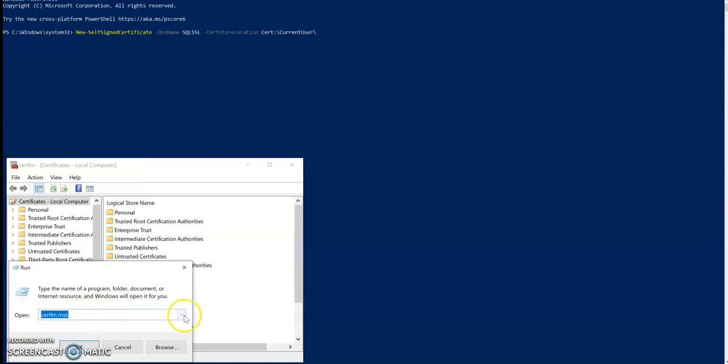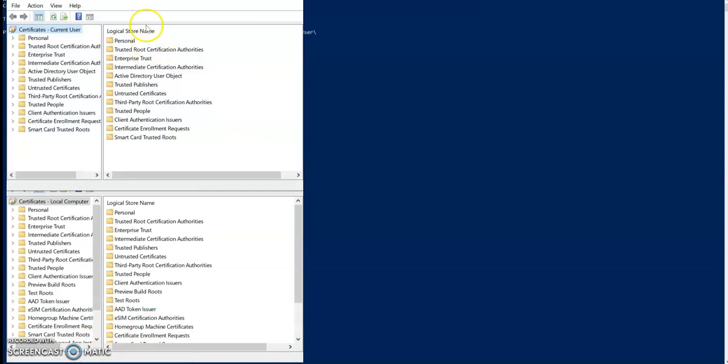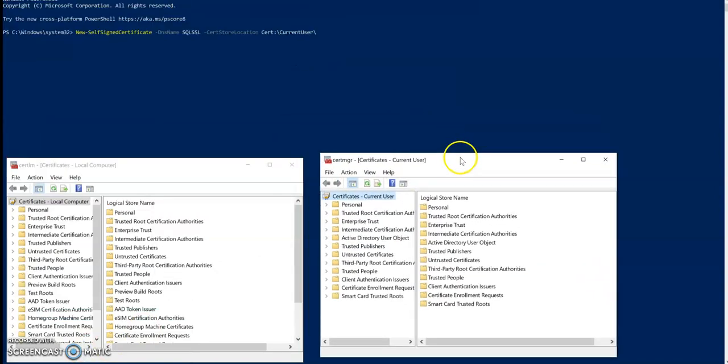Under run, type in here cert mgr. Let me see. So if you see in here, if you put them side by side, the cert mgr MEC is designed for local, for local user or current user. So this also has, look at the directories, this also has a